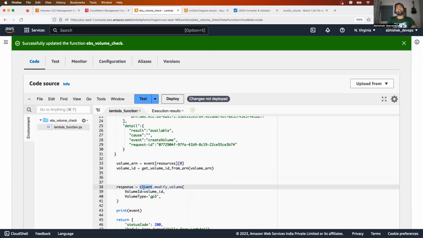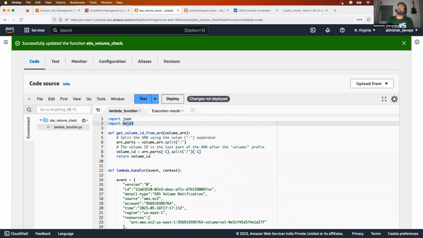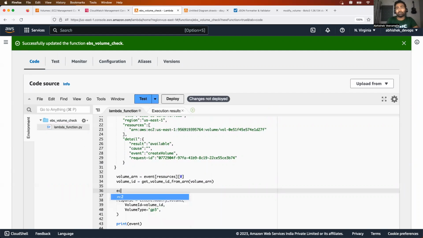So what is this client? A client in Boto3 is like this: Boto3 can handle all or most of the AWS resources, but you want to use a client for your specific resource. Again, you can go to the Boto3 documentation. You have to understand which type of resource it is. EBS basically falls under EC2, so I am going to create an EC2 client where I call boto3.client